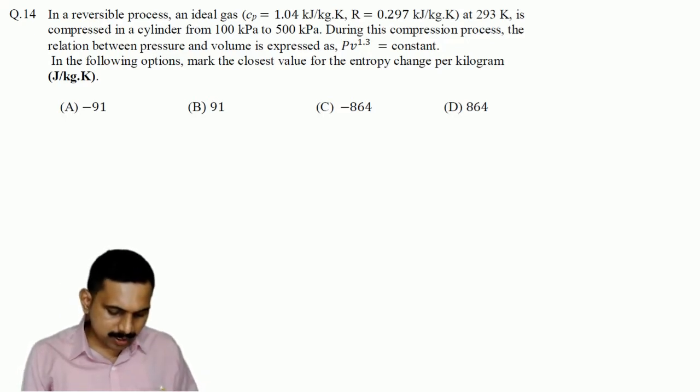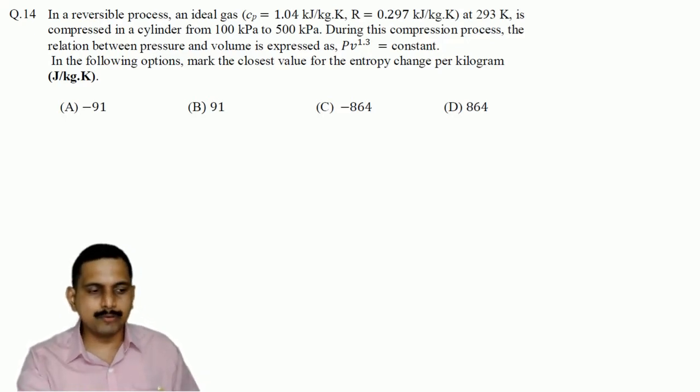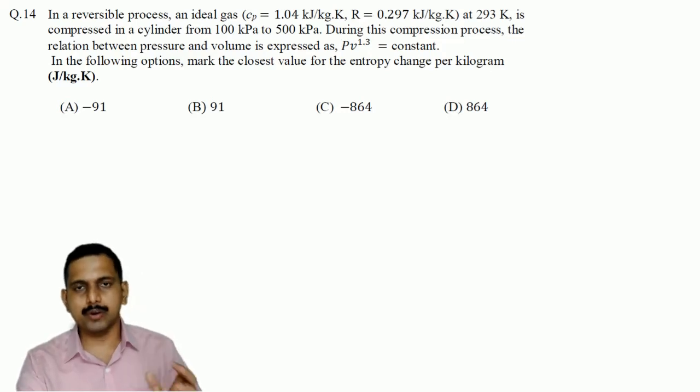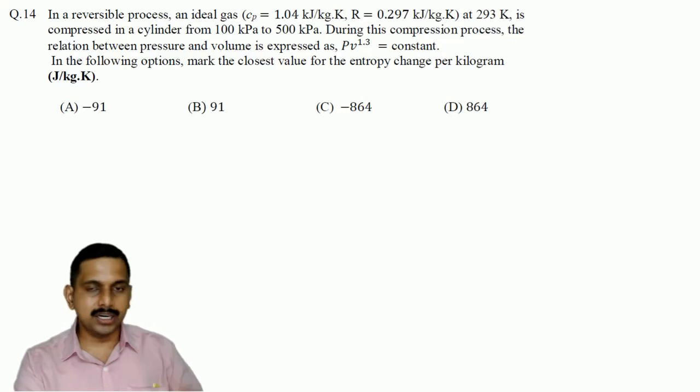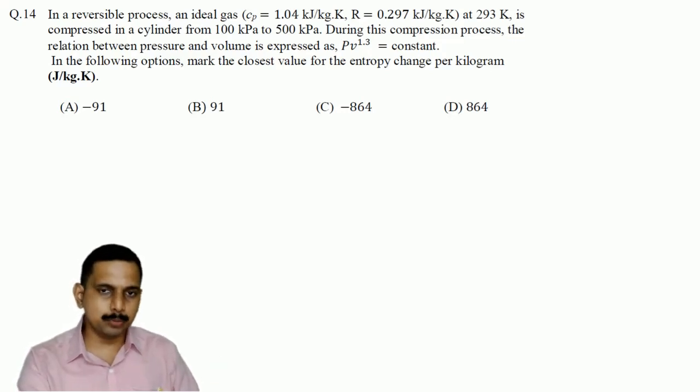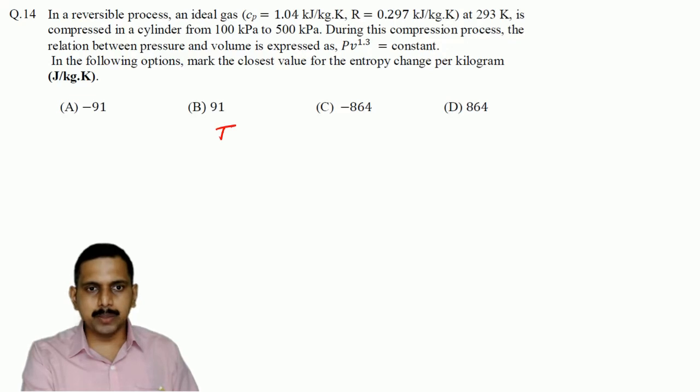Now I always insist that we have to go from the first principles. When we go from the first principles, we will be able to pick up any small things. There might be easier ways, but I am going with a bit longer but easier version. So here I'll just explain what is there. TdS is equal to dH minus VdP. This has to be understood.